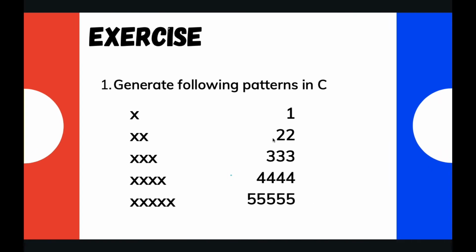So the next pattern that we are having is 1, then 2, 2, then 3, 3, 3, and 4, 4, 4, 4, 5, 5, 5, 5, 5. And there is a twist also. You can see in here the number of spaces before 1 is 4. You can see in here 1, 2, 3, 4, and then before 2, 2 it is 3. Similarly here 2, and there is 1.